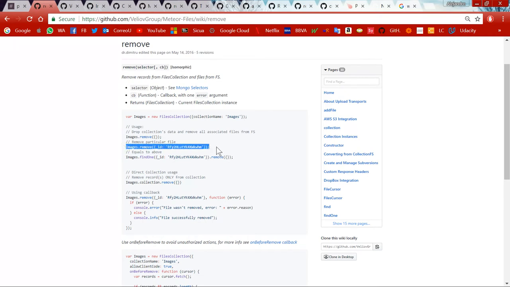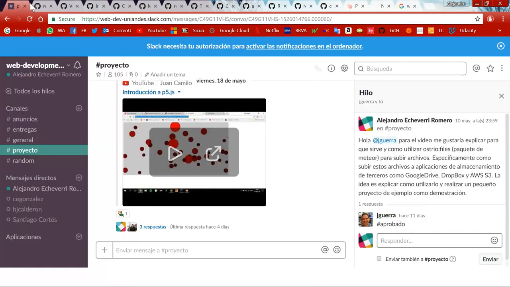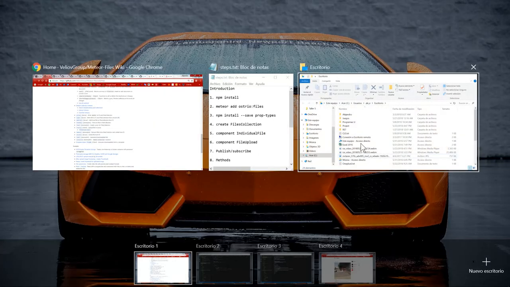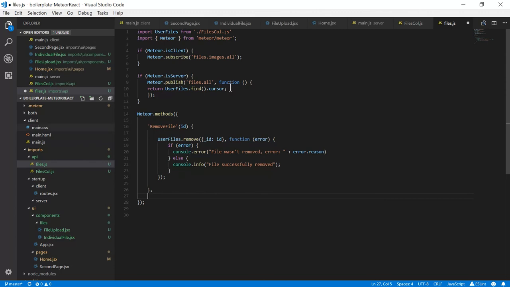So here, for a removal, you have to do your collection.remove and pass an object which has an ID and the ID which you want to remove, right? So what I did was that, and I just implemented it in the method. So the method is called